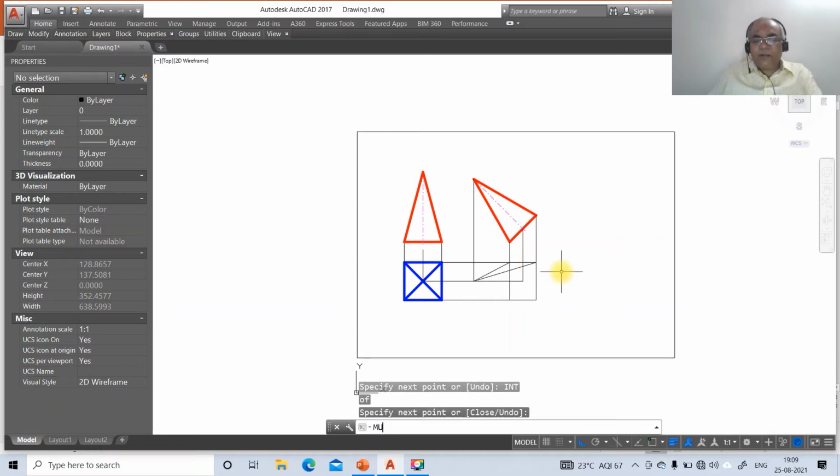Now you just go to mirror, select these two, mirror with reference to this line. So you are going to get this on the other side.